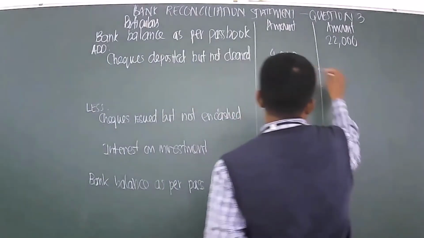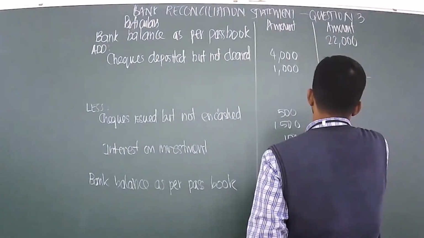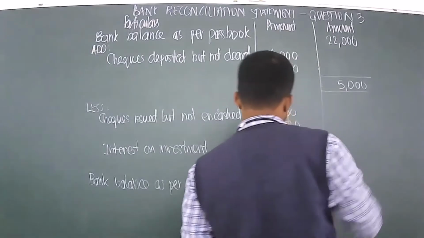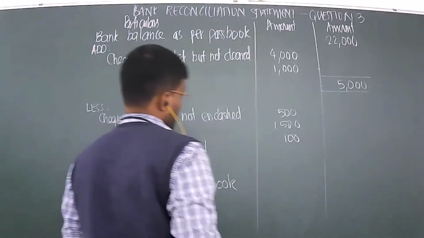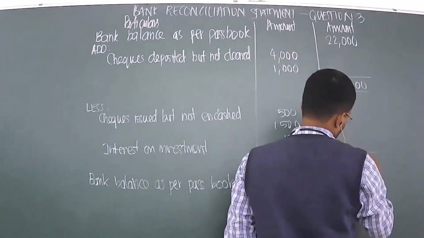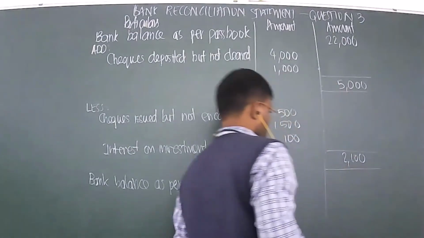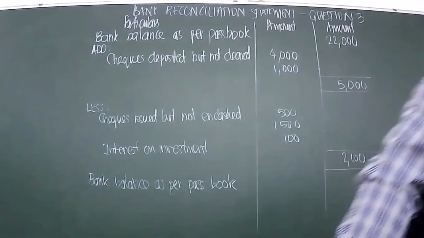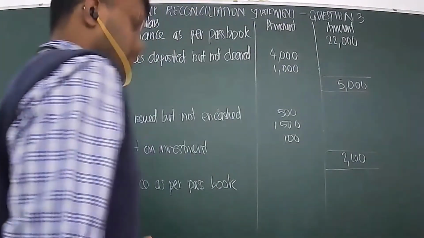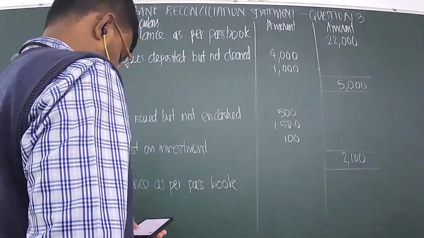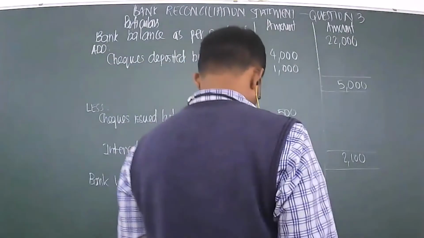So 4,000 plus 1,000 is 5,000, and 500 plus 1,500 plus 100 is 2,100. So 22,000 plus 5,000 is 27,000, and then 27,000 minus 2,100 works out to be